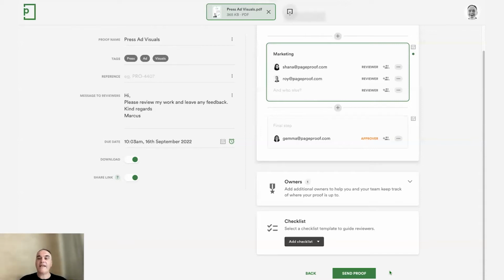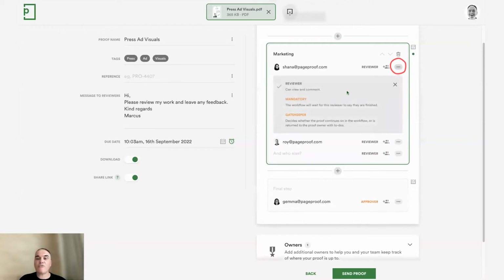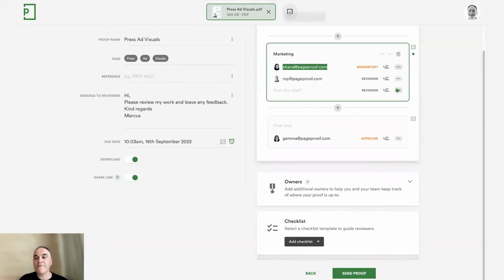All right. Now, I've just realized, actually, I need to get the feedback from Shana and Roy before it goes to Gemma. So I go up to these 3 dots on the side here, and I change the role of Shana to mandatory. That's because Shana's our head of marketing, and I need her decision before it moves on to the next step.